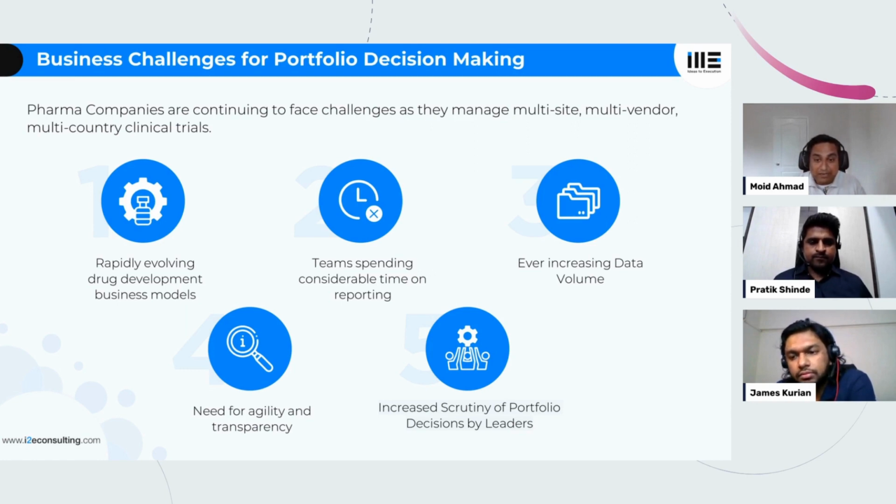Teams spending considerable time on reporting, yeah, that has been a long lasting problem. And if we have project managers in this talk, I think you can relate. I know how much time project managers spend to create reports on a weekly, fortnightly, monthly basis, going through long lists of project plans and taking milestone data and resource data out and creating those reports. It's really time consuming.